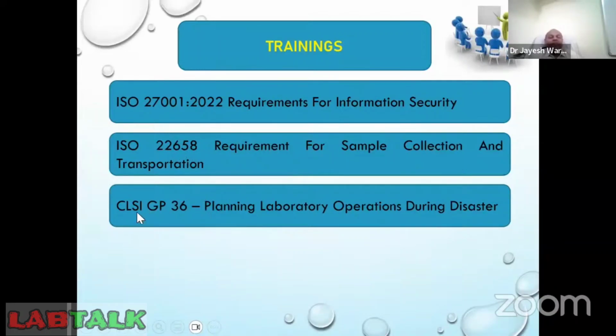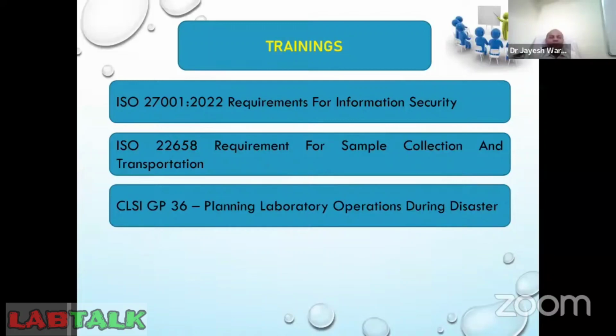And one additional document is there, that is CLSI GP36 guidelines, which is with respect to the planning of laboratory operation during disaster. So basically this document covers the emergency preparedness planning of your laboratory. Now, why has it been given a separate place or separate importance in this document? So all of us have already undergone the pandemic of COVID-19. So we have seen that most of the laboratories were not prepared for handling the pandemic situation. The emergency preparedness planning was not sufficient, and there was a complete collapse of the diagnostic system in the initial